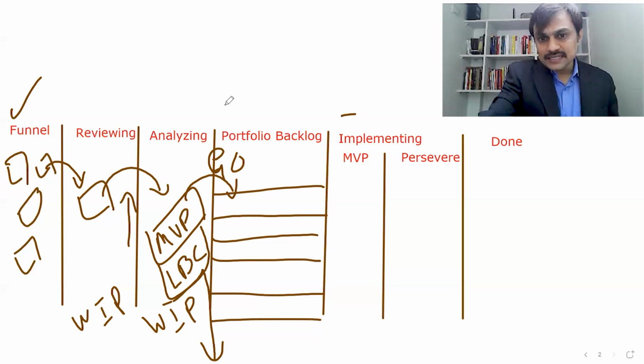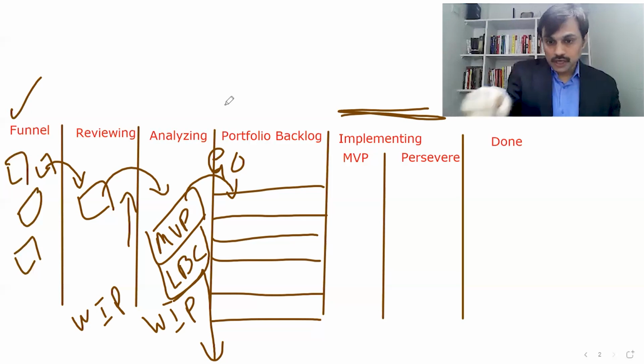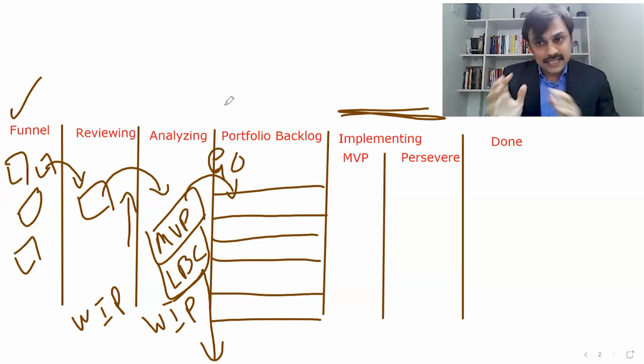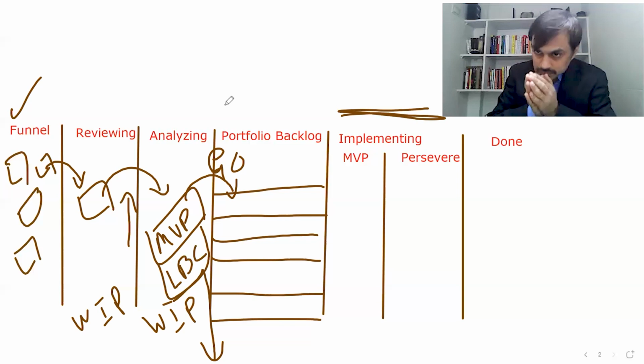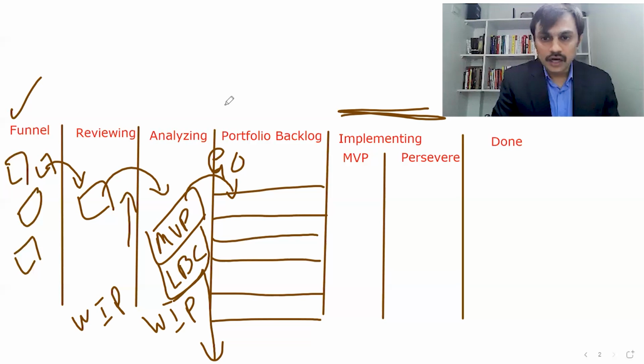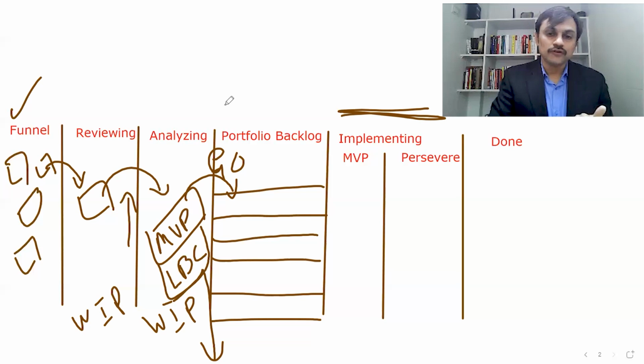So this piece is a view which comes from the PI level execution. Under the implementing stage, some agile release trains are working on that particular epic. If the epic has moved to the implementing stage, it means the epic got refined into features and feature-based development is happening. That's the whole idea we have moved to. So that's the MVP and implementing stage of the epic.